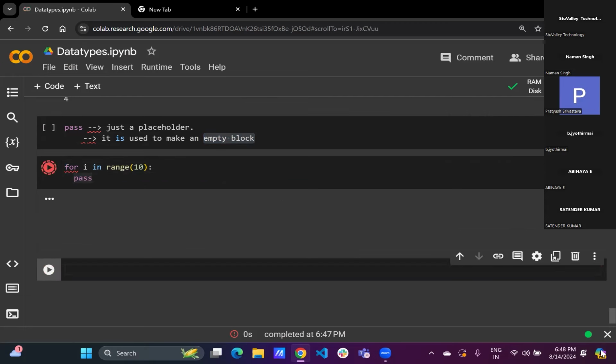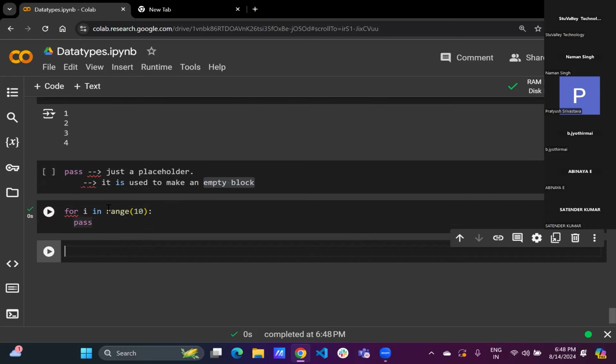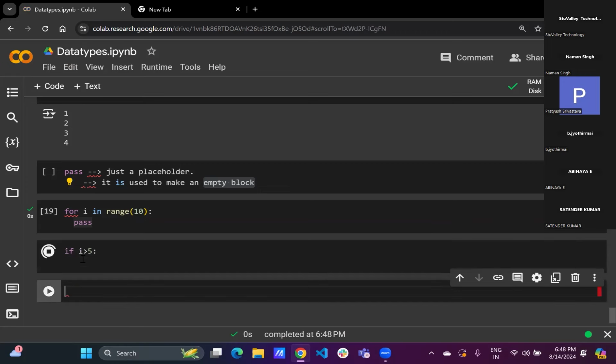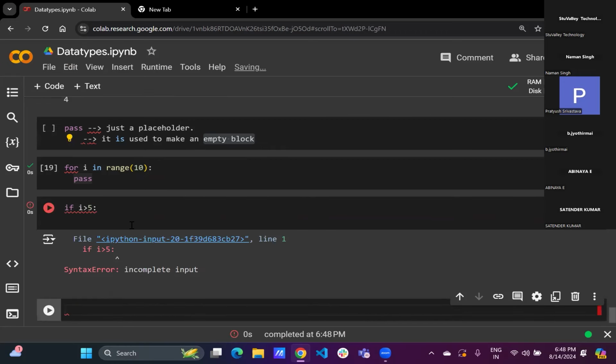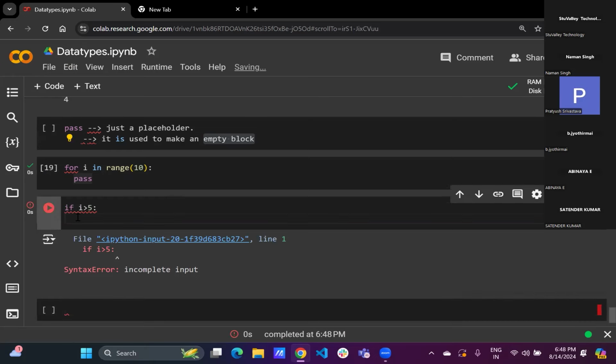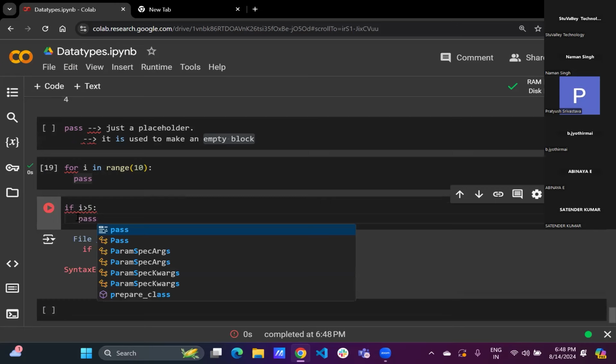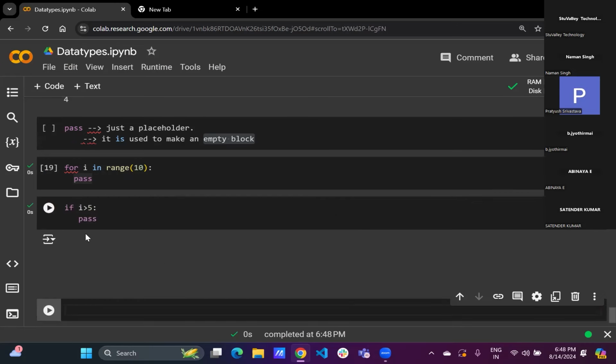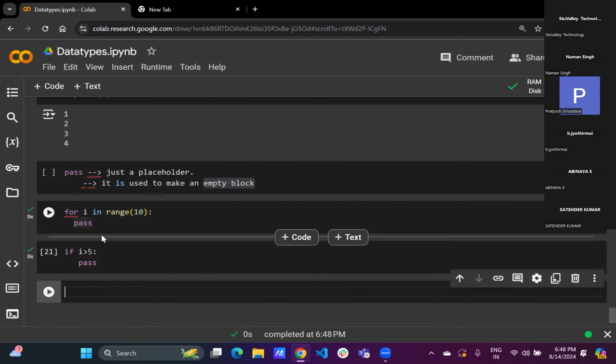अगर मैं इसको रन करूंगा कोई एरर नहीं आएगी, कुछ नहीं होगा। सेम एज इट इज, अगर मैं कुछ कंडीशन लेता हूं, if i > 5, और इसमें कुछ नहीं लिखना चाहता हूं और इसको रन कर देता हूं, देखो क्या होगा, एरर आ जाएगी। तो मेरे को इसके अंदर कुछ नहीं लिखना है, तो मैं पास दूंगा। पास का मतलब होता है कि ये एक एम्प्टी ब्लॉक है, देखो हो गया रन, एरर नहीं आएगी।